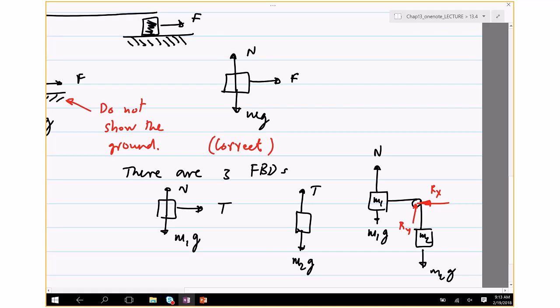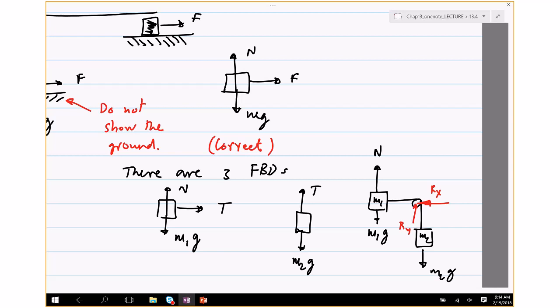Okay. Another important thing is that when the pulley is massless, the tension actually carries forward. What it means is that the tension here should be the same as the tension there. If the pulley was not massless, and this is something we'll do in the next chapter, where the pulley is not massless, then the tension here is different from the tension over there, which means this will be T1, there will be T2, and then we'll have to draw a free body diagram for the pulley because that mass is not equal to 0. But for now, for problems where the pulley is massless, you just draw free body diagrams for M1, M2, and